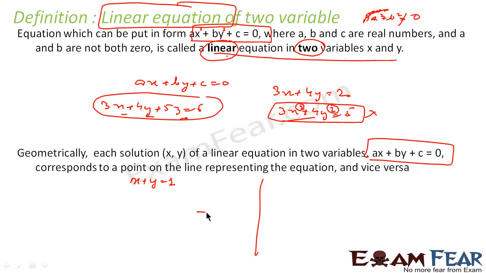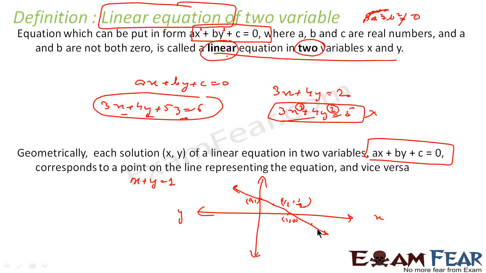This is the equation we have. Now let's suppose this is my number line, this is my xy axis, correct? This is x, this is y. X plus y is always 1. So if I say x is equal to 0, y is equal to 1. If I say y is equal to 0, x is equal to 1. So I'll get line like this. This will be my line. Correct? This is x is 0, 1 and this is 1, 0. And this you can say 1 by 2, 1 by 2. Correct? So every point in this line